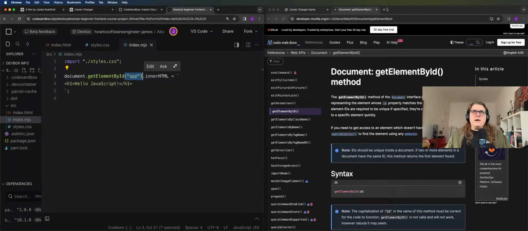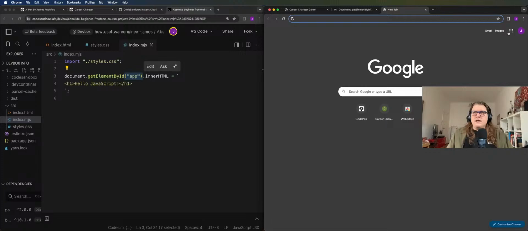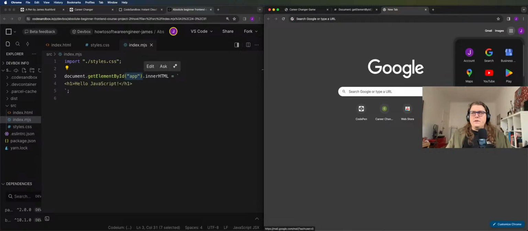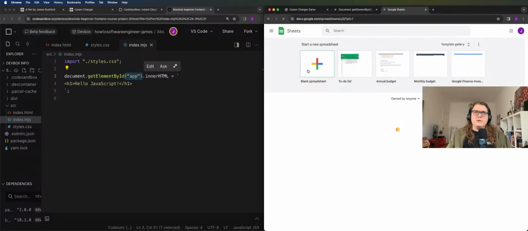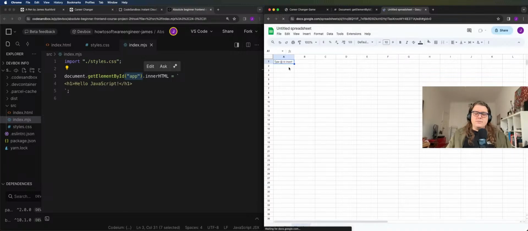The easiest way I can explain it is in Google Sheets. I think most people, if you know how to use computers, probably know how to use Google Sheets pretty well, right? So if you have 1, 2, 1, 1, 2, 32, whatever, I don't care. And we want to run a formula. What we do is